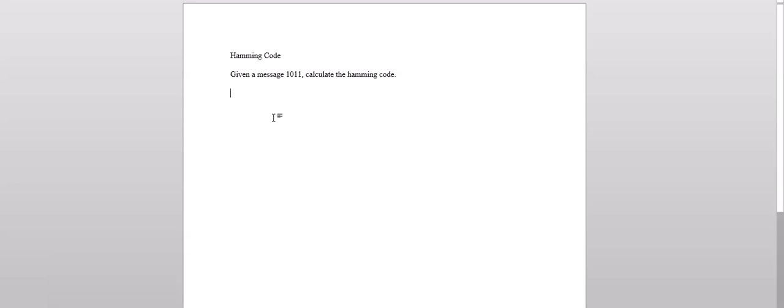Okay, greetings. For today we are going to be learning about Hamming code. Now what is Hamming code? Hamming code is an error correcting code, and in this case we are going to be splitting our message into blocks. Actually, you can look at Hamming code as an error correcting code that is classified as a block code, because you are splitting your message or your bits into certain blocks,